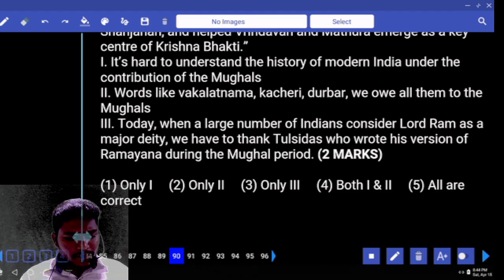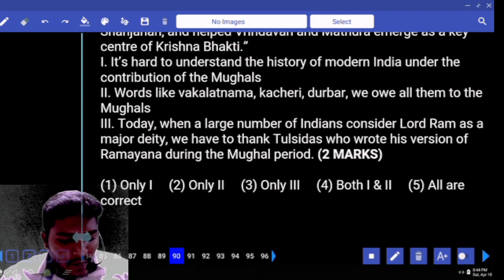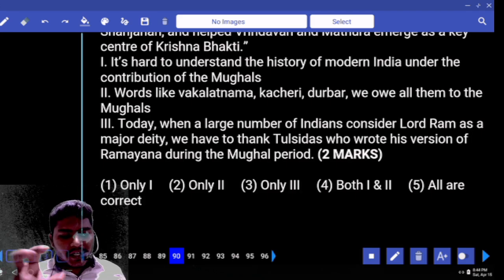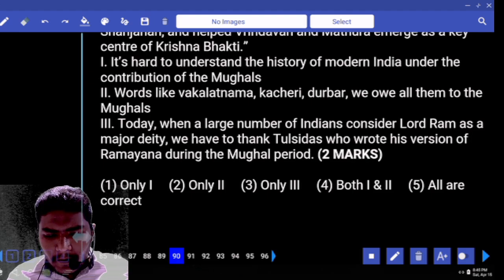Next one, 95. Which of the following are the most valued experts of India according to the passage? Now go to the second